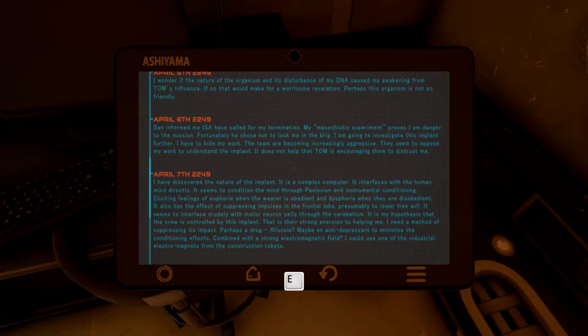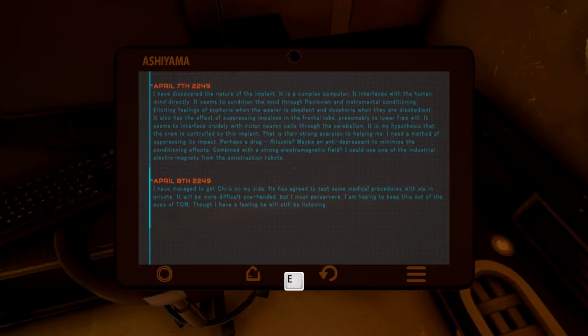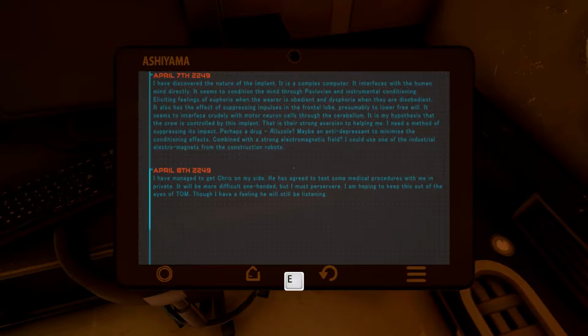That is their strong aversion to helping me. I need a method of suppressing its impact. Perhaps a drug, riluzole, maybe an antidepressant to minimize the conditioning effects, combined with a strong electromagnetic field. Could use one of the industrial electromagnetics from the construction robots. I've managed to get Chris on my side. He has agreed to test some medical procedures with me in private. It will be more difficult one-handed, but I must persevere. I'm hoping to keep this out of the eyes of Tom, though I have a feeling he will still be